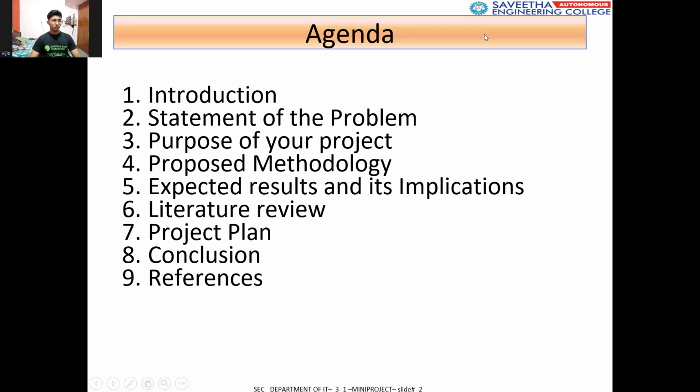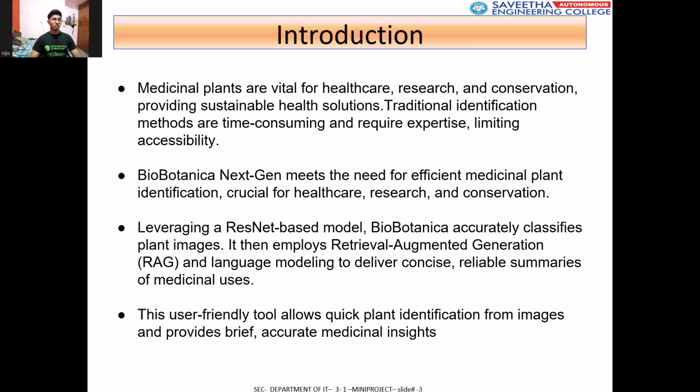This is the agenda for this presentation: introduction, statement of the problem, purpose of the project, proposed methodology, expected results and their implications, literature review, project plan, conclusion, and references. Let's dive into the introduction. Medicinal plants are vital for healthcare, research, and